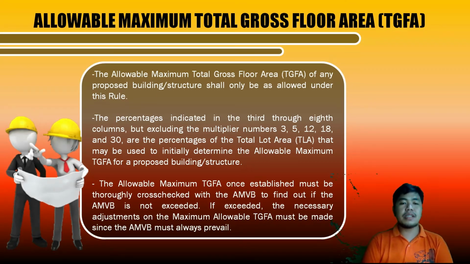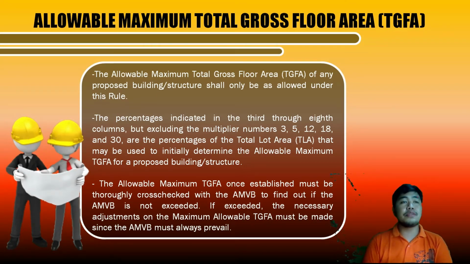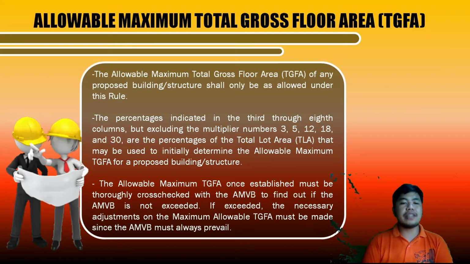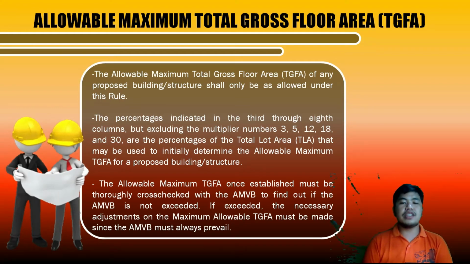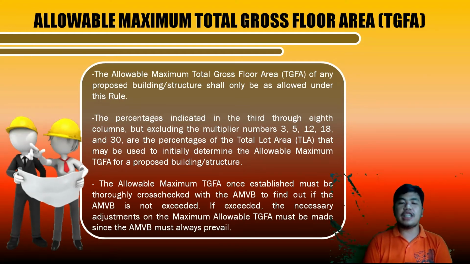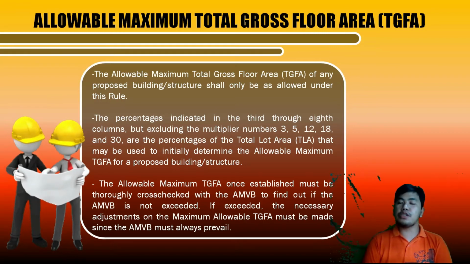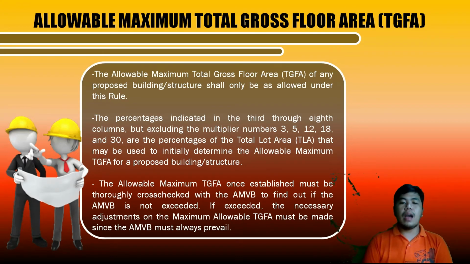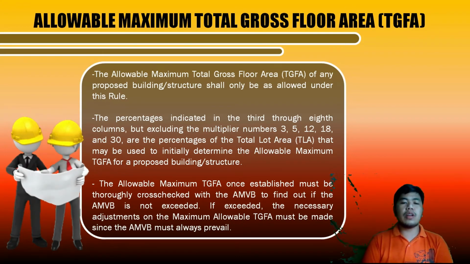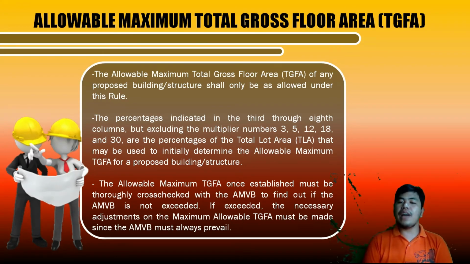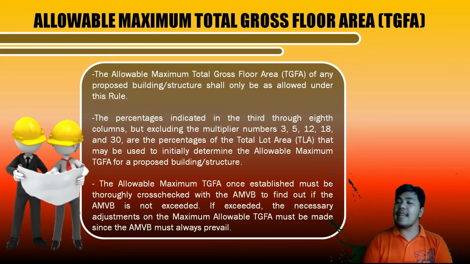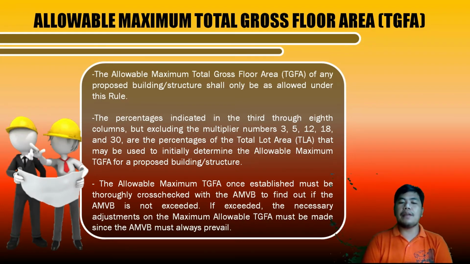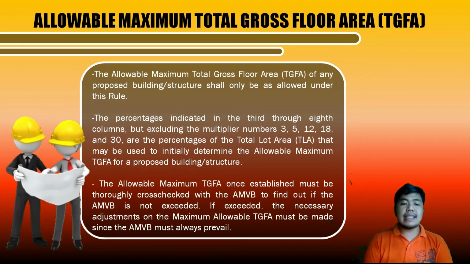through 8th columns, but excluding the multiplier numbers of 3, 5, 12, 18, and 30, are the percentages of the total lot area that may be used to initially determine the allowable maximum TGFA for a proposed building or structure. Also, the allowable maximum TGFA once established must be thoroughly cross-checked with the AMVB to find out if the AMVB is not exceeded. If exceeded, the necessary adjustments in the maximum allowable TGFA must be made since the AMVB